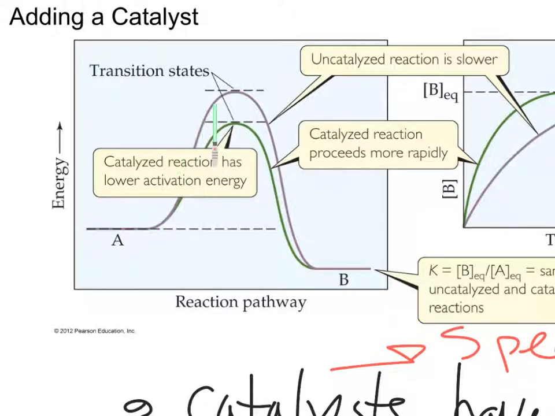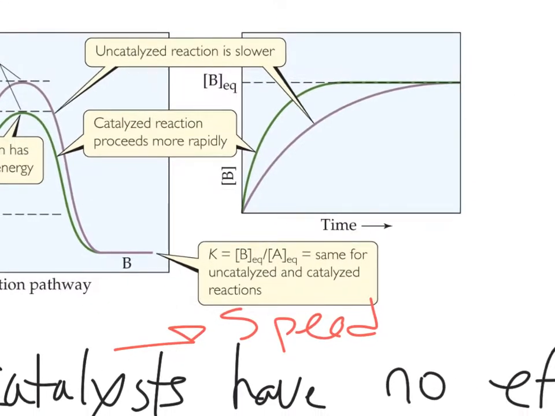So it basically forms an alternate pathway for a reaction to proceed from A to B. But the ratio of products to reactants is unaffected. You still have this much product and you still have this much reactant. Now if you compare that to over here, if you don't look at the potential energy profile but rather look